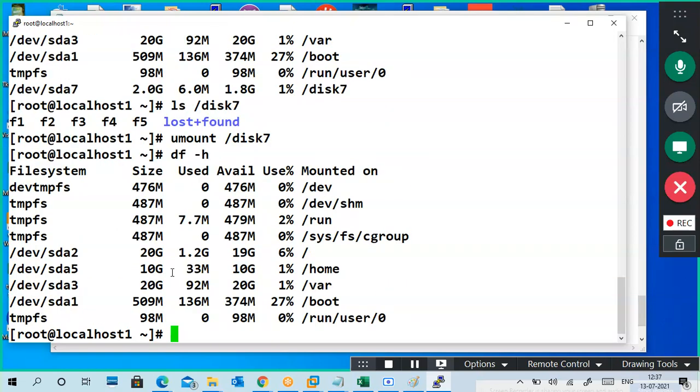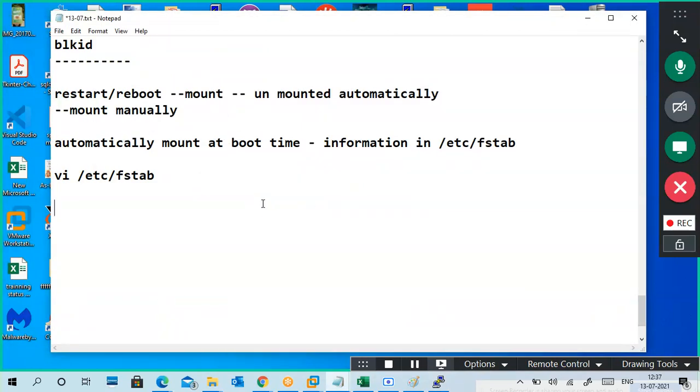So first I unmounted it, and later I will mount it. Before editing, I unmounted /disk7 and verified it is unmounted. Then go to vi /etc/fstab.